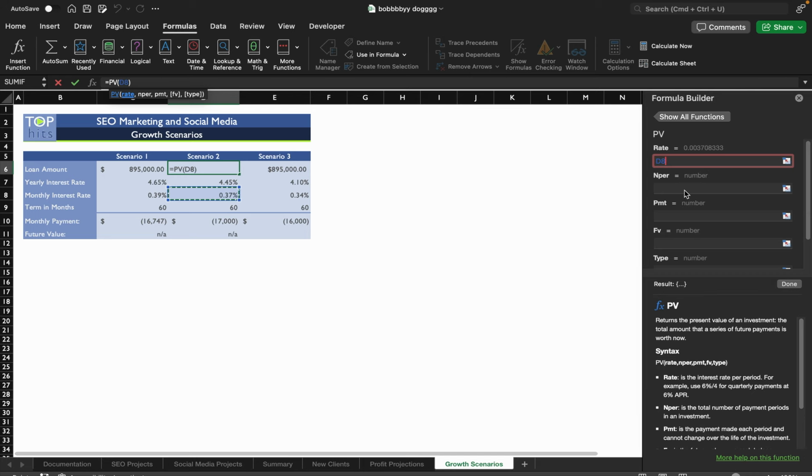And then we're going to move on to the second one, which is the NPER. The NPER is the total number of payment periods in the investment. So we know this is going to be here. And then we are going to move on to the payment. The payment is the payment made each period and cannot change over the life of the investment. So for the payment, we're going to put in D10,